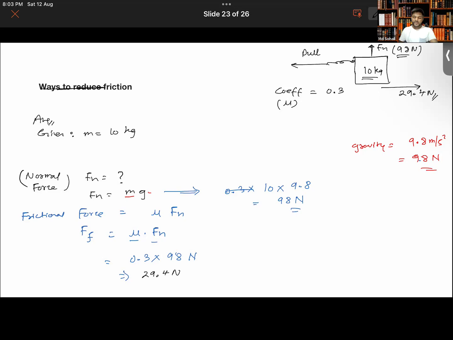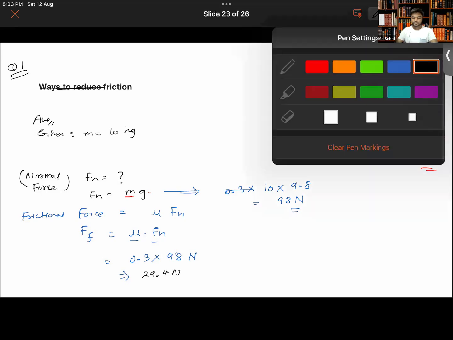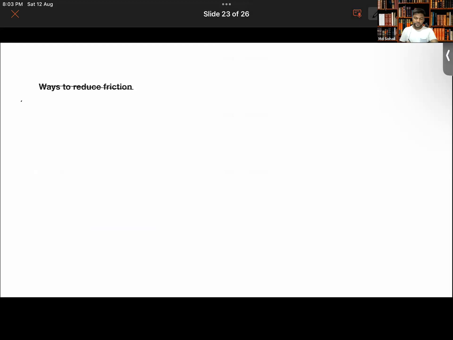Now let's take one more question. If you like, you can take a screenshot of this one. Okay, sir. Done. Now, the next question I'm giving you is that Nancy, whose mass is 40 kg, is slipping on the frost. Let me add the question: Nancy, of mass 40 kg, is